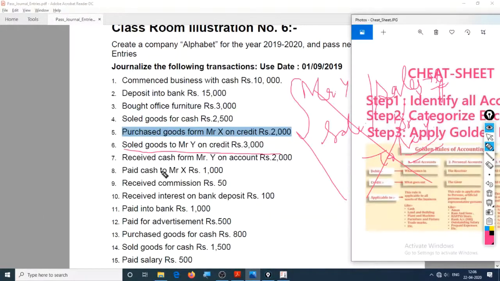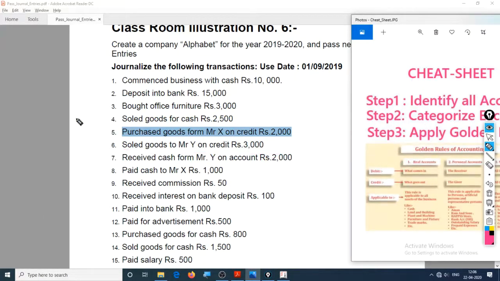Let's open the cheat sheet and follow step 1. Sold goods. Goods, or sales, is the first account. Second is Y. Goods is a real account, Y is a personal account.